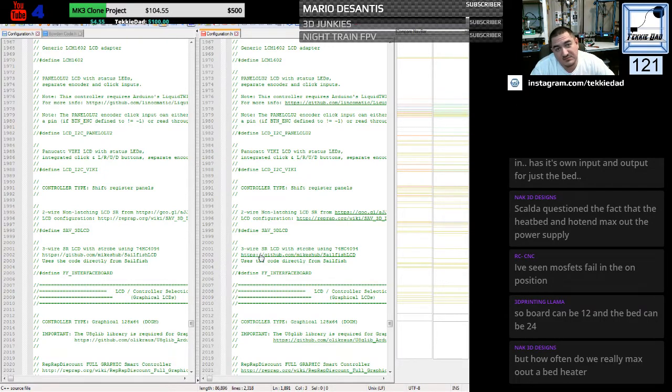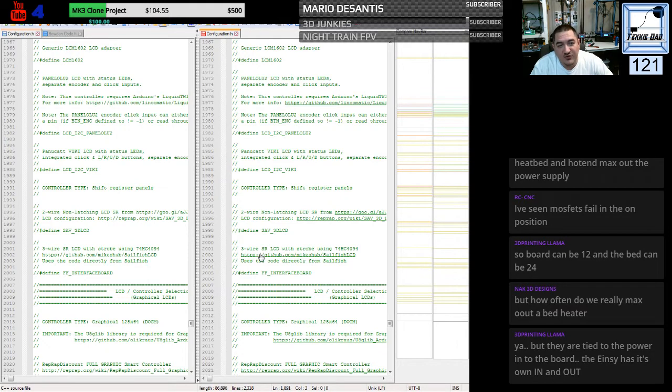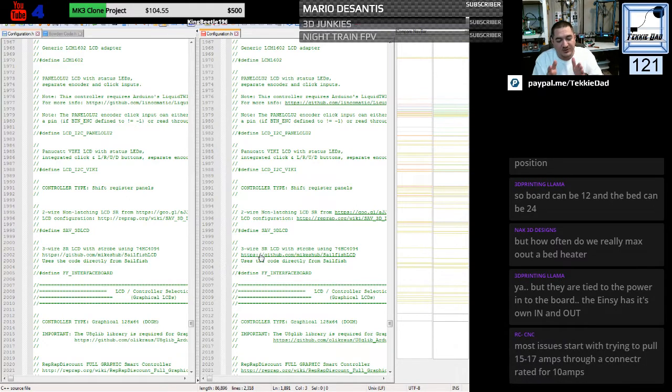I don't know. I think MOSFETs should be rated better for the bed connection, but I think they should try their best to design a board that has fusible circuits or collapsible circuits, stuff that has more safety in mind. So that if you're going to use a questionable MOSFET, like say one that's only 8 amp rated when it should be at least 10 amp rated, and I'm just throwing numbers out there,